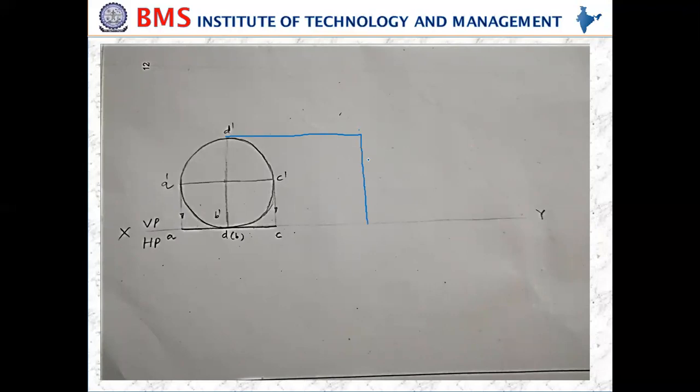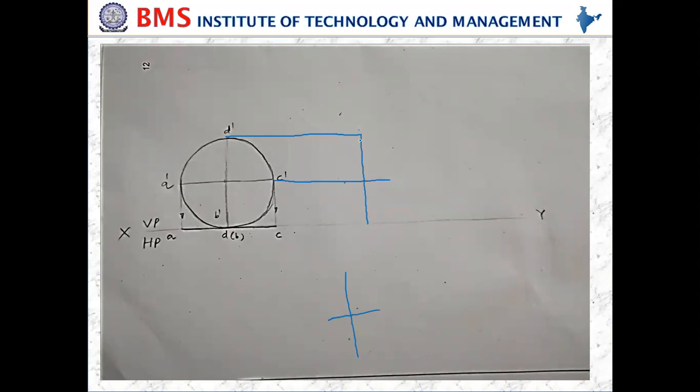This is the major axis I have drawn, and it is rotated about the point A. Now at this line you will have a length of 15 mm, so from here to here 7.5 mm, and from here to here 7.5 mm. At the center of this vertical line I have drawn 7.5 mm this side and 7.5 mm this side, so this will become 15 mm.